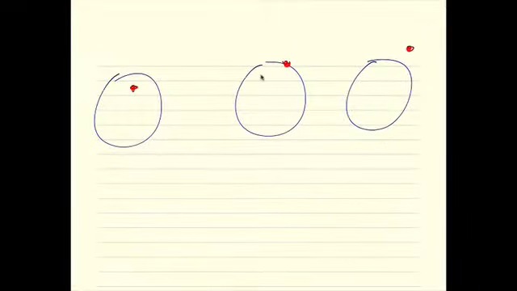I have to figure out if the point is inside the circle, or on the circle, or outside the circle. You can all see that point is inside the circle, that point is on the circle, that point is outside the circle. Right, we have to figure out how do we know, and the way we do it is